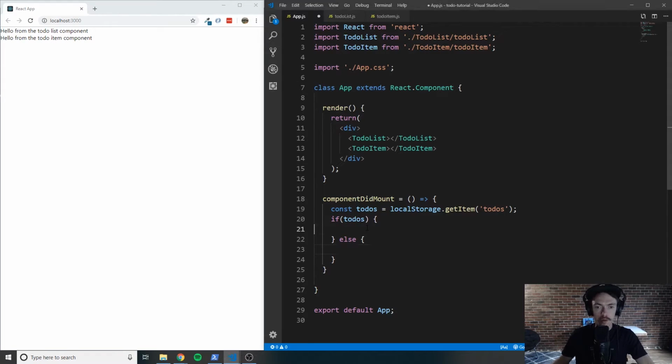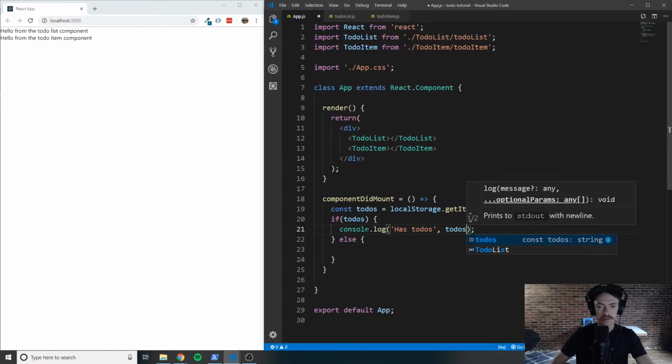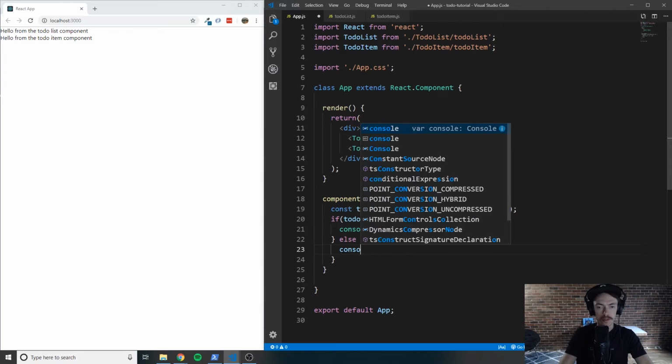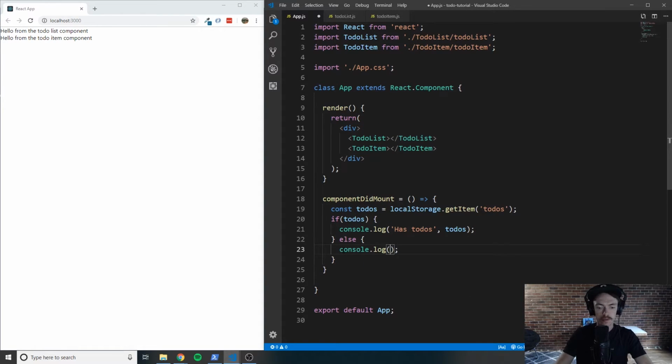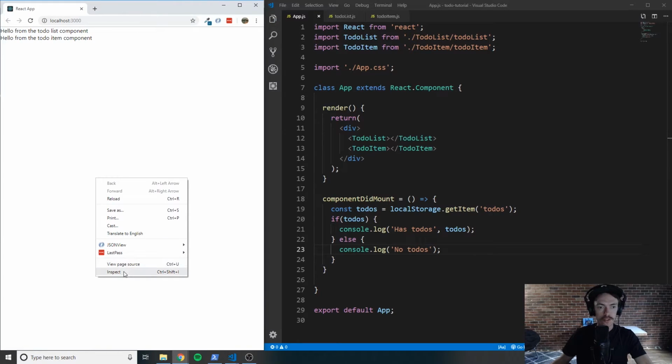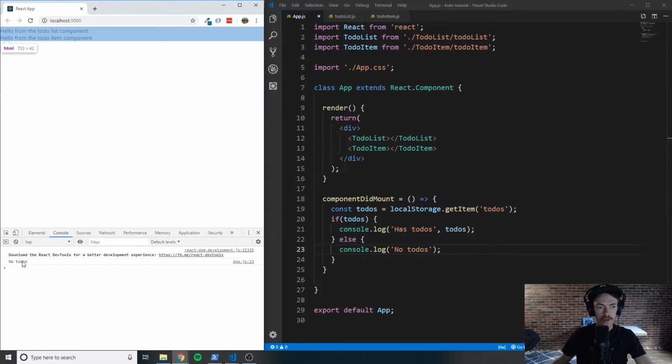So for now, what I want to simply do is console.log, and then in here I'm going to say "has todos", and then I'm going to log the todos. Otherwise, I'm going to simply log "no todos". And let's see what happens in the log here. We have no to-dos, and that's because we have nothing inside of the local storage. So what we really want to do is update the state of the component with the to-dos